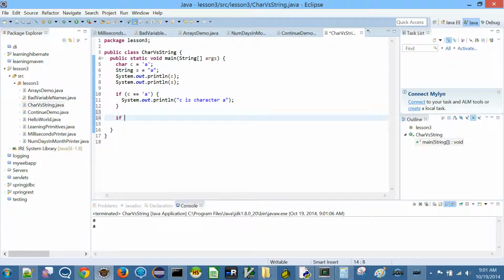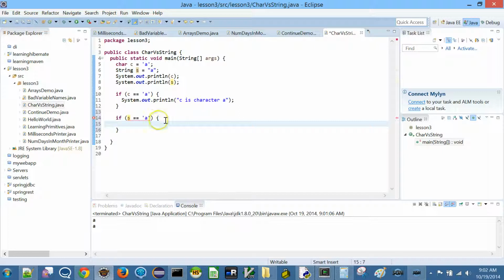Here we are going to say if s equal to a. See right here, it's giving us a compile error, because this is a string, which is an object, and this is a char. So we can't really do this; we can't even have this code compile.